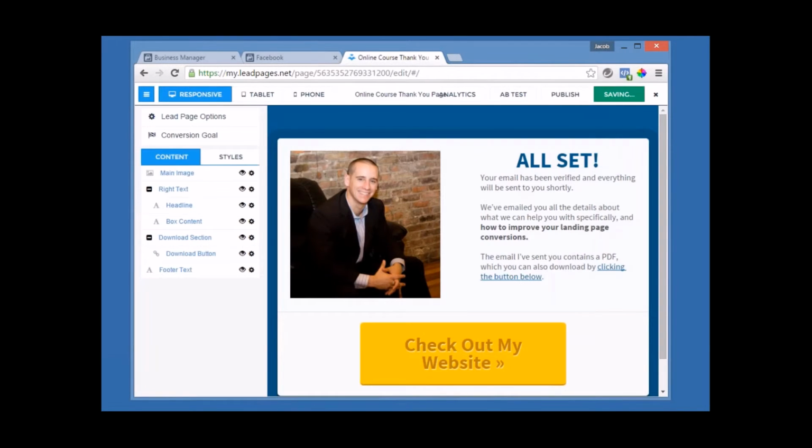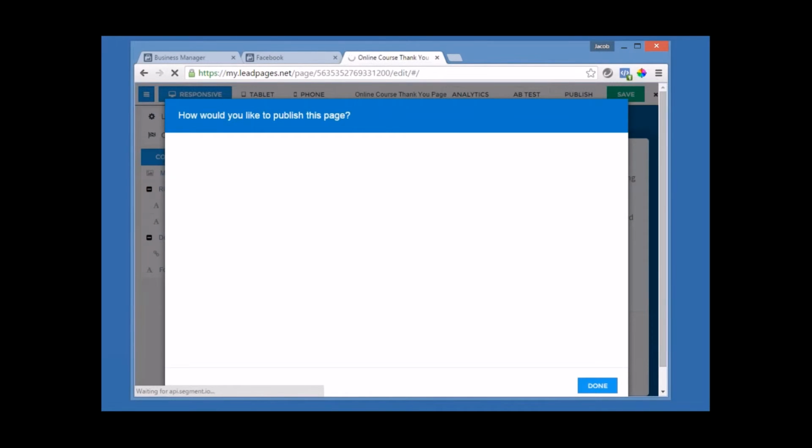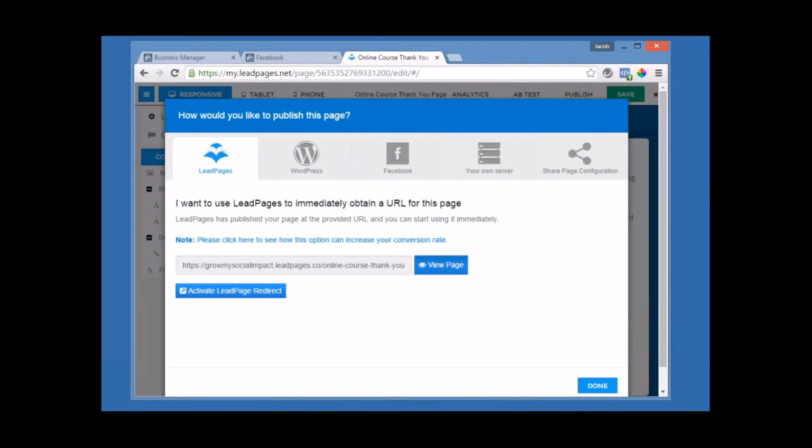So now that that's all clear, we'll save it once again, we'll publish it, and I'm going to show you how I can track that pixel is live and working. There's two different ways that I'm going to show you that pixel is working. So we click on publish, view page,